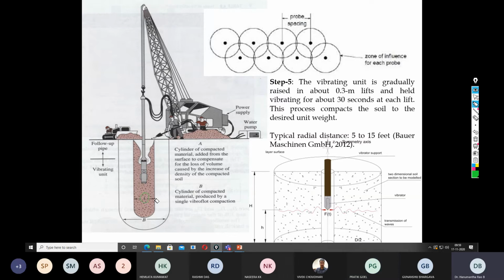Okay, sir. So outside zone A, within this zone, the soil is in an elastoplastic condition. Okay, sir. Then outside zone B, within this zone, the soil is in an elastic condition. Okay, sir. That means when backfilling is done in zone A, then the strength will increase. Backfilling will be done only in zone A.